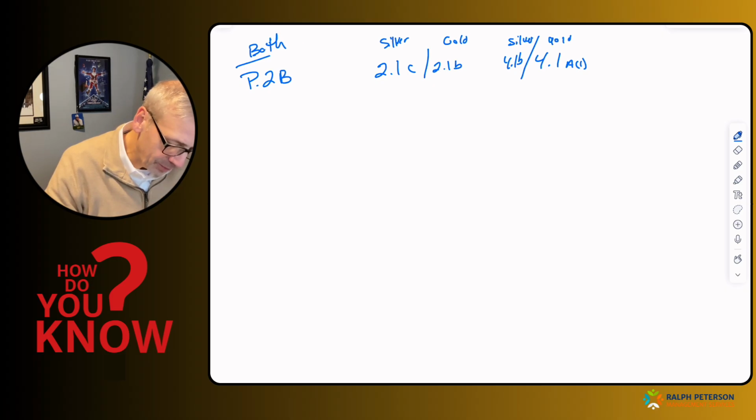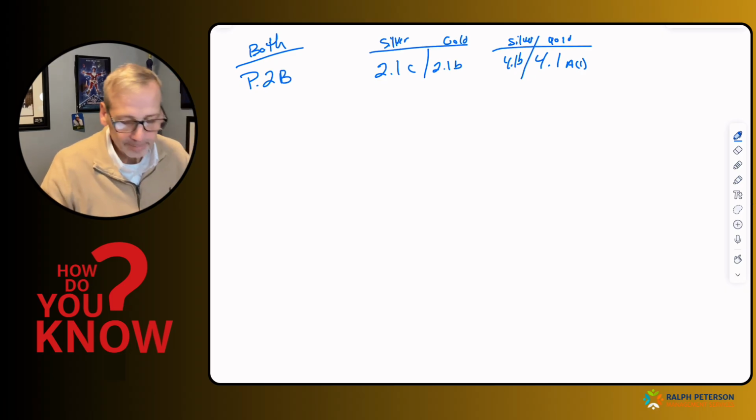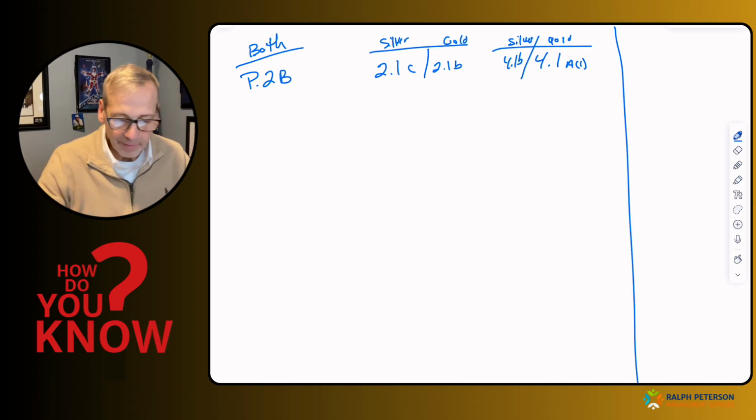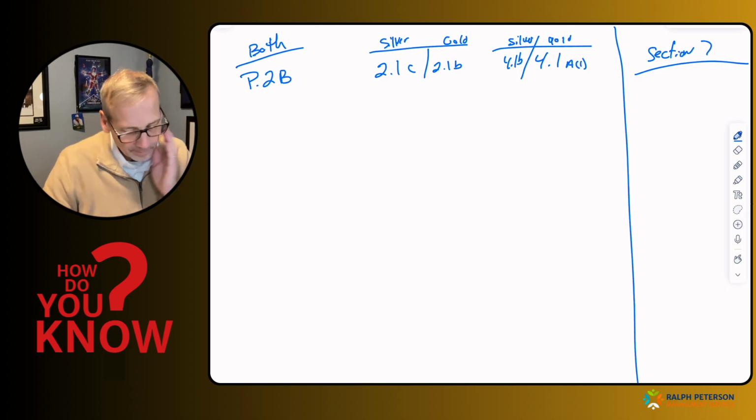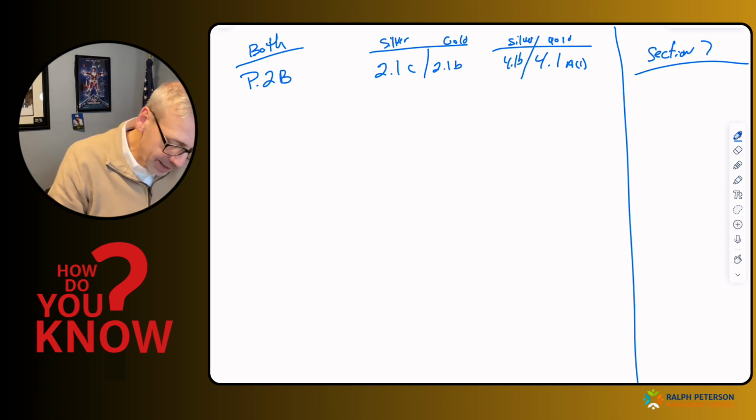This is the org profile. It doesn't change. Okay. And then we have a mystery over here. This is actually Section 7. Section 7. Okay. Now, in P2B, this is where we identify our strategic challenges,